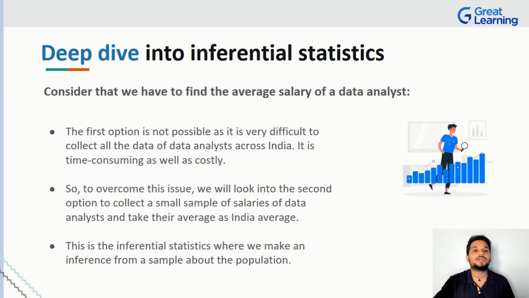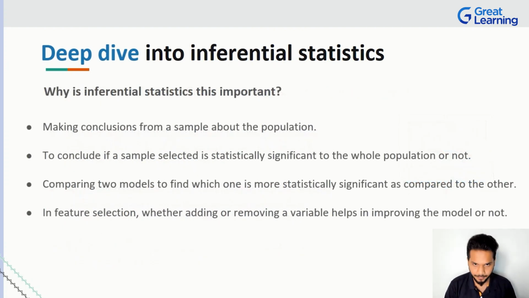So to overcome this problem, we look at the second type of it, where we take a small amount of salary data, find their average, and eventually use that to make an inference and say, hey, we collected a sample. We collected a high quality sample, right? I'm not looking for these outliers, for example. You know, data analysts make a ton of money. So basically, I don't want to just pick up the extremely rich data analysts there because that's going to mess up all the data for everyone else. I'm going to find an average. I'm going to find a balance in the sample set itself, so that as soon as I look at the bigger picture, the small thing is just going to expand out and not go way out of proportion, right? That is something which you have to consider here.